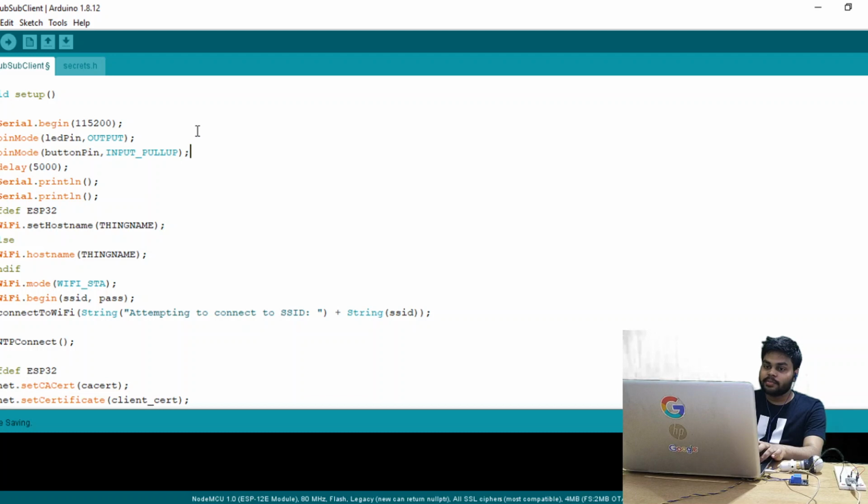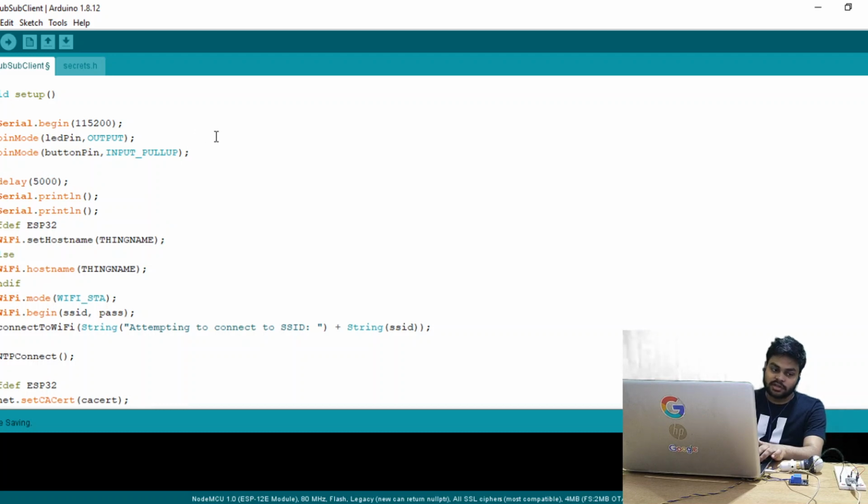And for the LED pin, we also know that it is an active low pin. D0 is active low, and the relay module also works on a low signal. So initially we should send it a high signal, so that everything will be off. So digitalWrite LED pin high. Initially it is high, which means the LED will be off and the light will be off. So these things are defined in the setup method.